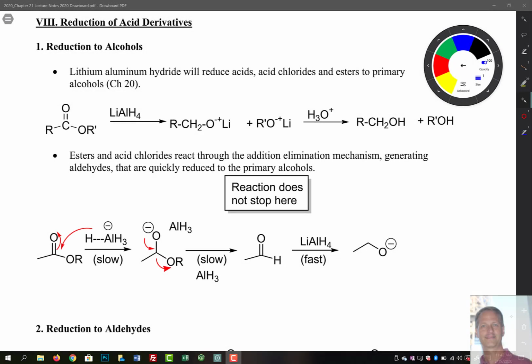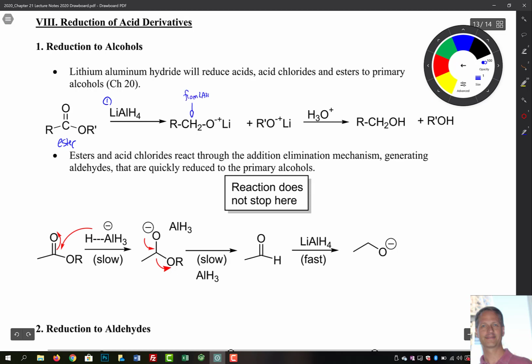Let's take a look at some reductions. So we'll see reduction using a different source of hydrides essentially. LAH is kind of our go-to source of H minus. So here, if you look at an ester, you can add step number 1, LAH, and you form an RCH2O minus. Now, those H's come from